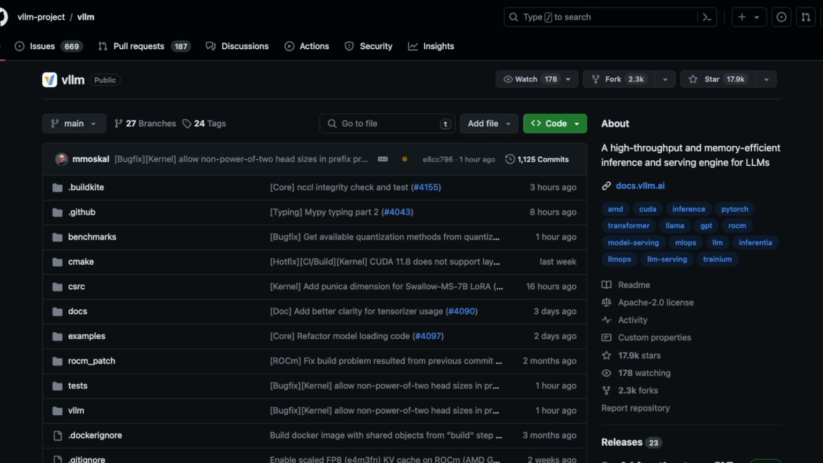vLLM is fast, with state-of-the-art serving throughput and efficient management of attention key and value memory with PagedAttention, continuous batching of incoming requests, and fast model execution with CUDA or HIP graph, and quantization. It supports GPTQ, AWQ, and SqueezeLLM, and vLLM is flexible and easy to use with seamless integration